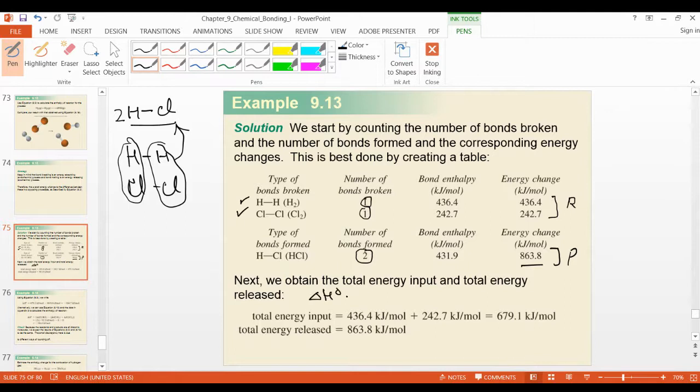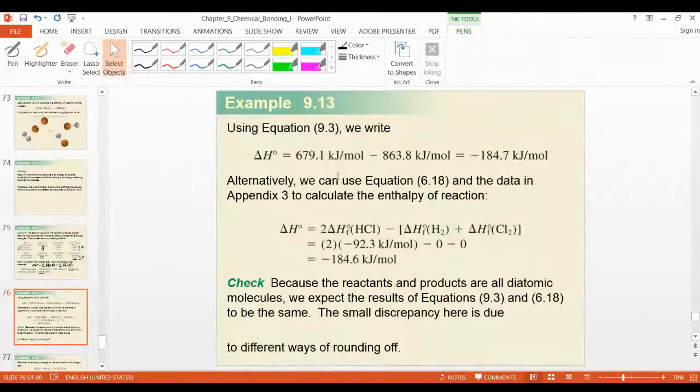What is the formula? Delta H equals the summation of bond energy of the reactant minus summation of bond energy of the product. That is written here. Summation, this plus this. There are two. You have to add both. This plus this, this is total. You will write this, and this is your release. How much is released? That is for product. You will write here the reactant minus product. You will get negative 184.7.